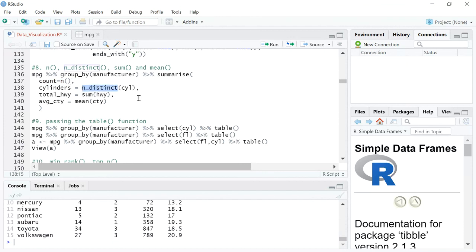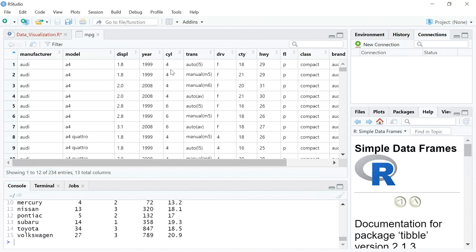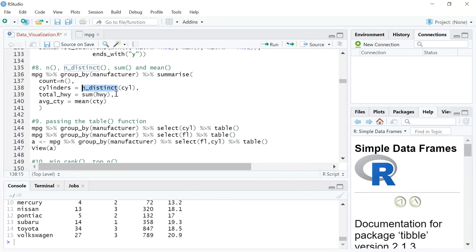Now, how are n and n distinct different? So if you look at the MPG database, you can see that in Audi, you will have different models with the same kind of cylinders, even within the Audi manufacturer. So if you want to find out how many distinct numbers of cylinders there are, which is like levels in a particular variable, right? For that we use n distinct.